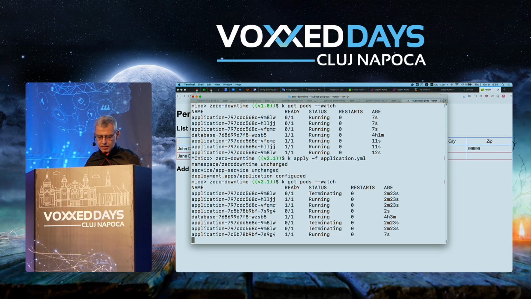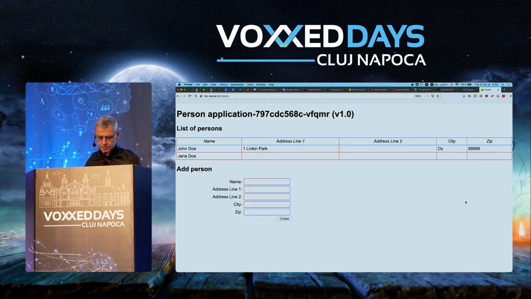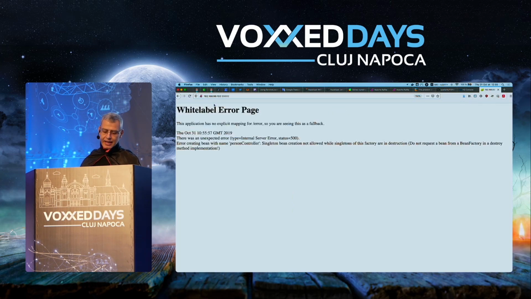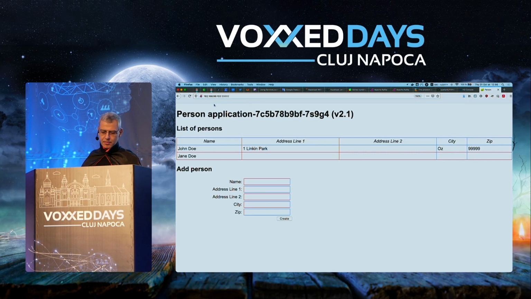So here it started deploying the stuff. You see, it killed the 1.0 pod, and because it killed it, I'm still redirected to another 1.0 pod until it kills this one. And now I'm redirected to this one.